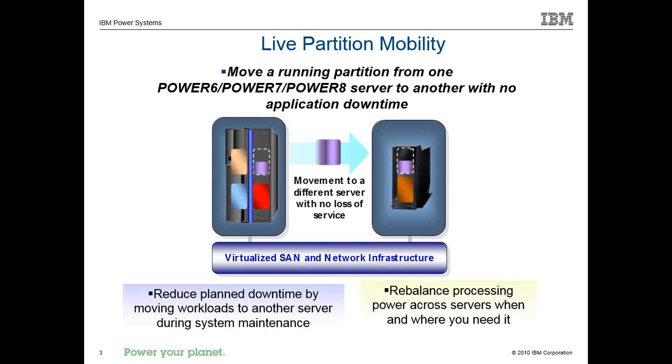So you have to do a maintenance action. Maybe you want to replace a bad planar, or you're going to upgrade the firmware from an old release to a new release. That requires downtime on the server, so you want to get that workload off, or shut down that workload. A lot of customers don't like you to shut down any of their partitions, whether production, test, or QA. And when you had 100 LPARs or 200 LPARs on a server, you had to have multiple lines of business agree to have the same downtime. So it was getting really hard to do maintenance. That's sort of how it first started.